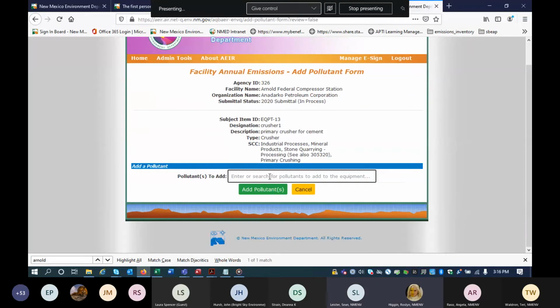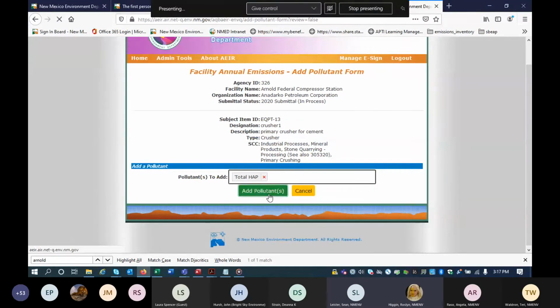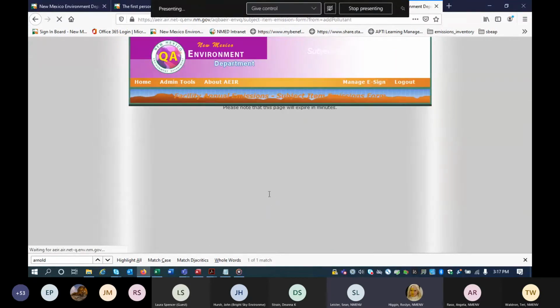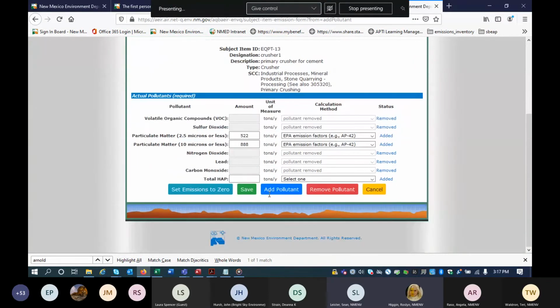Yeah, total HAPs should be here because I've used it before, but I think what we didn't realize is total HAPs aren't in the XML. So we need to ask Mark to change that. So we can change the XML so that you can report total HAPs if that's the issue. All right. Okay. So yeah, I'm not an XML expert.